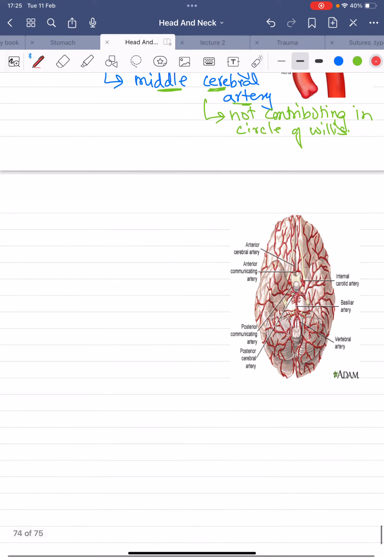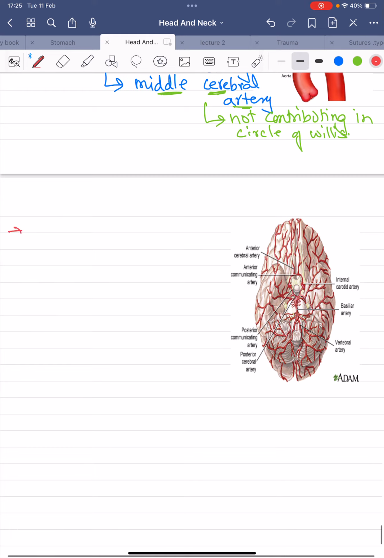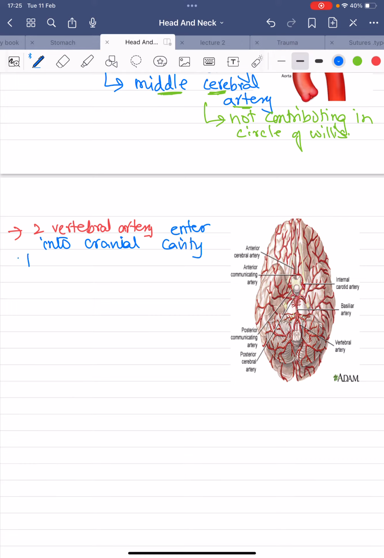First of all, see here that the two vertebral arteries enter into the cranial cavity through the foramen magnum,